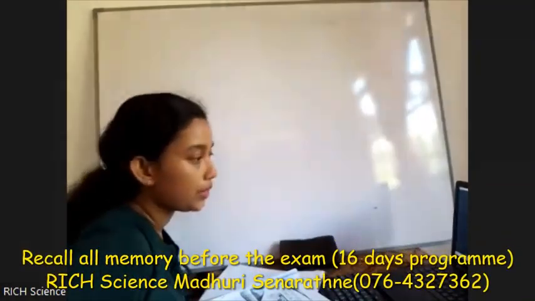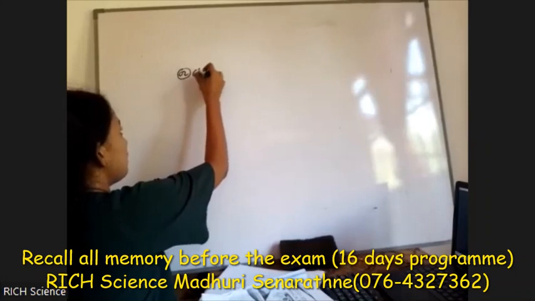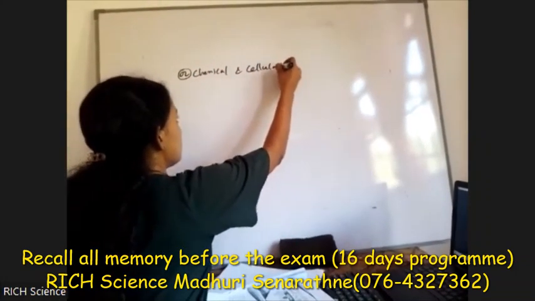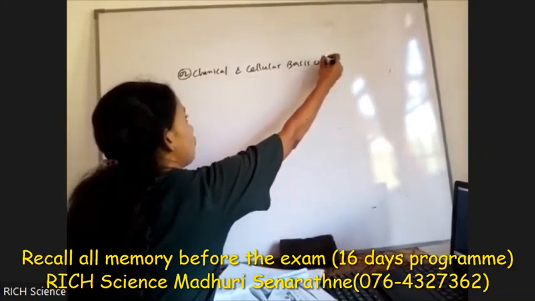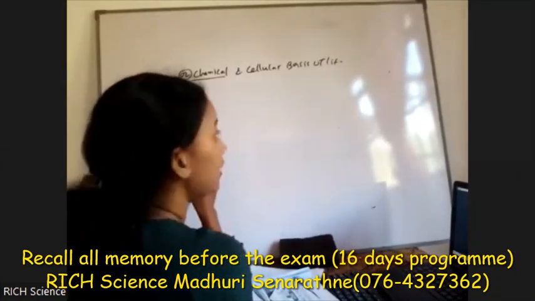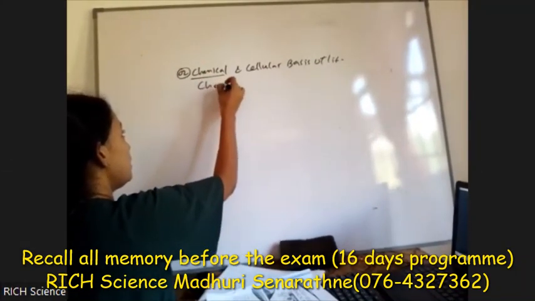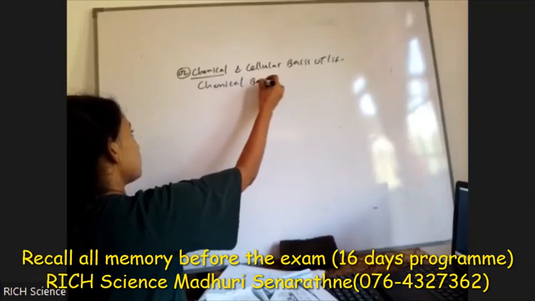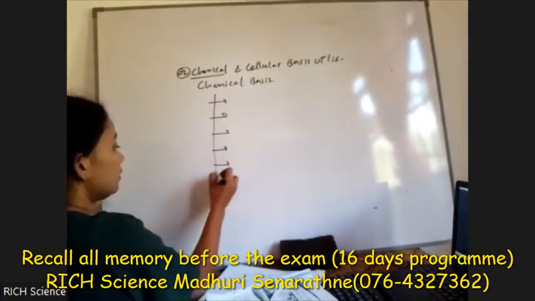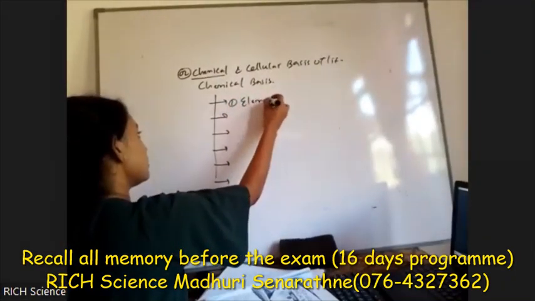Biology lesson 2, chemical and cellular basis of life. Initially, we have to talk about the chemical basis. Under the chemical basis part, we have to talk about six main topics. First one is elements,